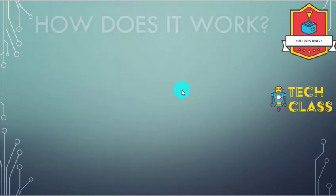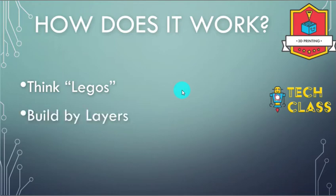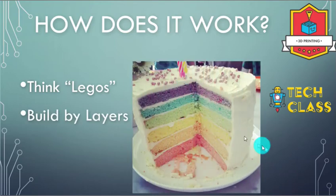Absolutely phenomenal. Now, understanding how it works is important for us mastering really what we want to be able to create. So if we think about how it works, we want to think about Legos and then building by layers. This cake, delicious though it may look, was not made on a 3D printer, but it is a wonderful illustration of building something